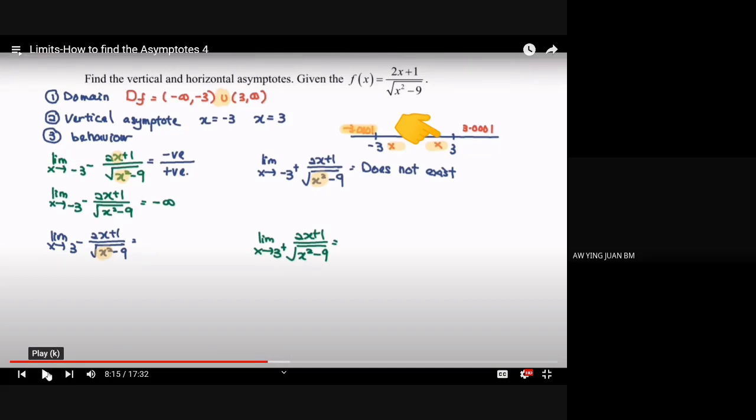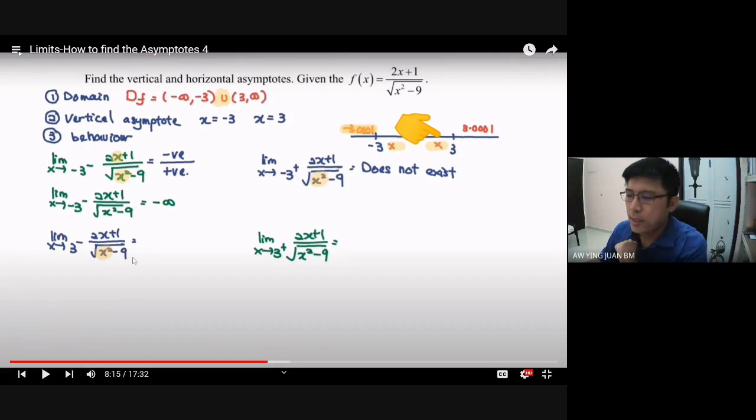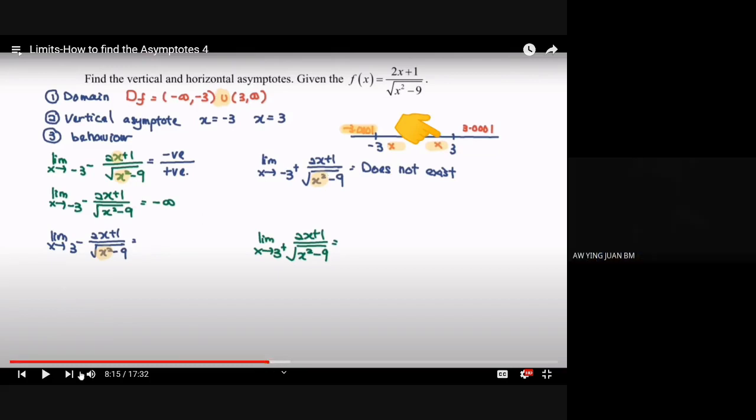So maksudnya di sini apa, tahu tak? Kalau you ambil 3 from the left, 2.9999. Kalau you squarekan dia, automatic nombor itu mesti less than 9. Kalau you gantikan a value which is less than 9 minus with the 9, automatically you akan dapat negative value. So inside the square root, kalau you dapat negative, dia does not exist, dia undefined, dia math error. That's why tak ada benda. Okay, itu situasi dia. Sama juga untuk bahagian ni pun sama.